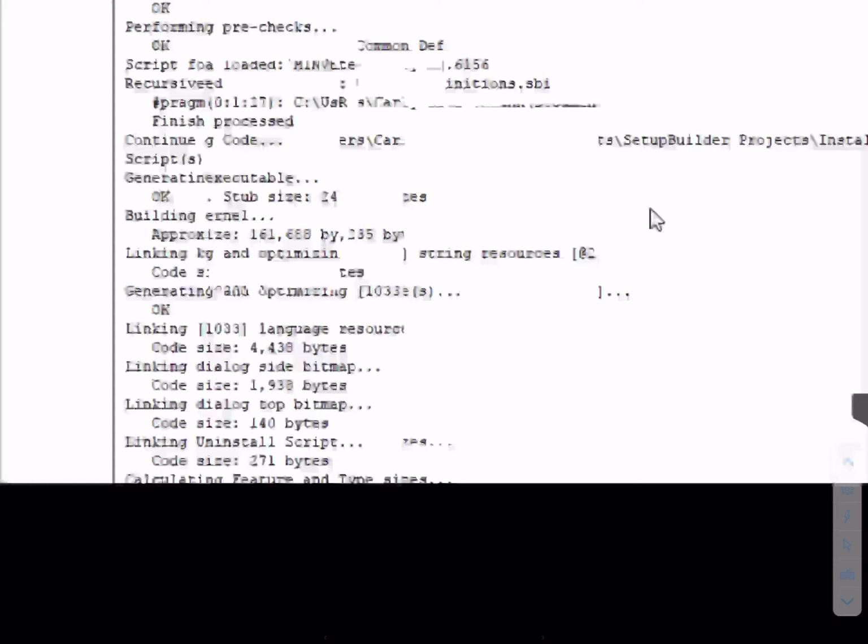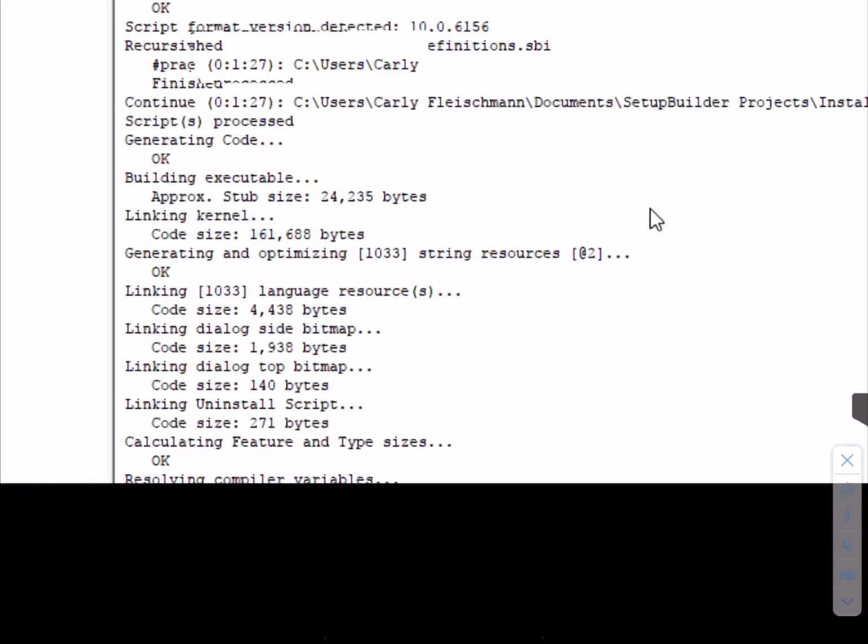Let's go back to our SetupBuilder. Go to web deployment, and I'm going to uncheck that box. And I'm going to compile this, and see how big this installer is compared to the web install version. Okay, that is done. So let's open it. And the final output